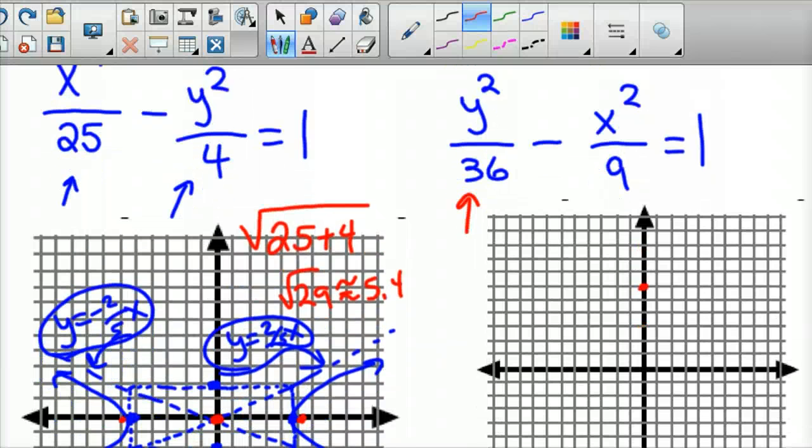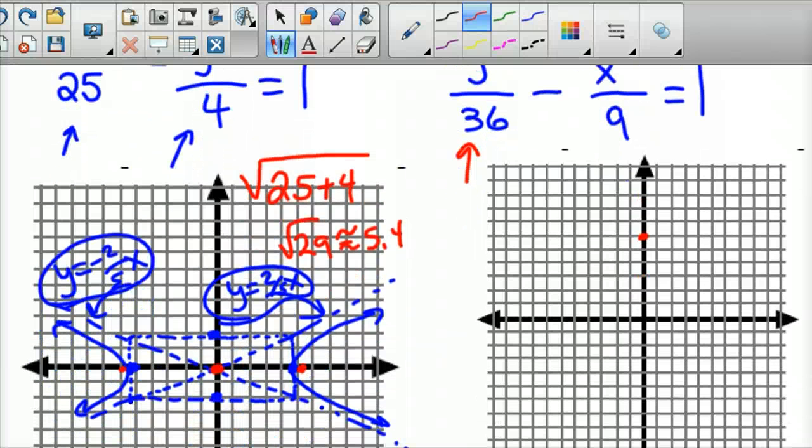I'll move it down. Right there. And then right and left 3, since that's under the x. Okay, build your box, or your scaffolding, I call it. Draw your diagonals